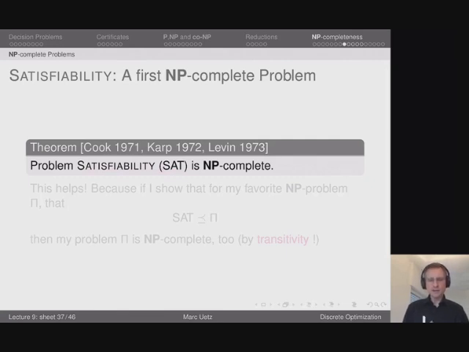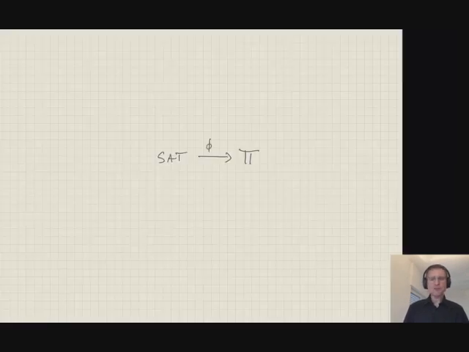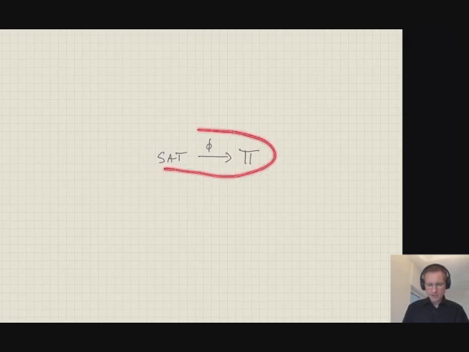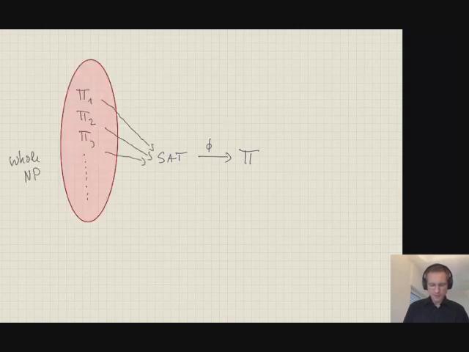And the existence of this first NP complete problem really helps, right? In the following sense, the only thing I have to show in order to show that my problem pi is NP complete, I only have to give this polynomial time reduction from the satisfiability problem to it. Because now by transitivity and by the fact that I know that this problem is an NP complete problem, I